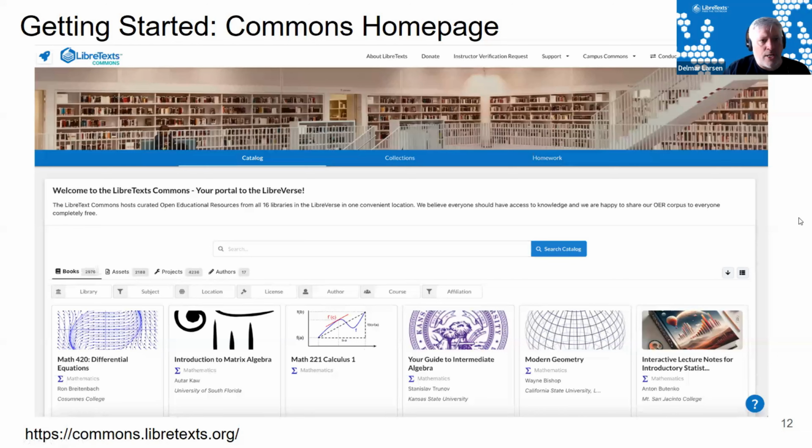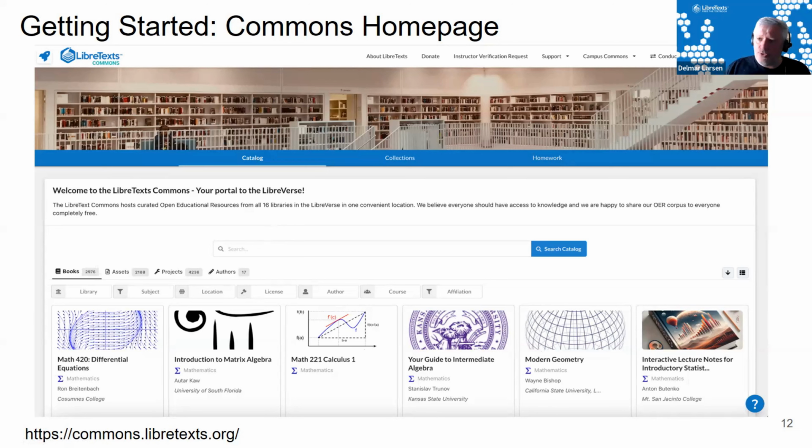This right here is a snapshot of the Commons. It changes every time you look at it in terms of which books are available on the front screen, but you always have the ability to do a search right here to catalog and find these sort of things. So you can come in and say, I want to know about algebra, and it'll give you the 50 or so books dealing with algebra from a wide variety of sources.